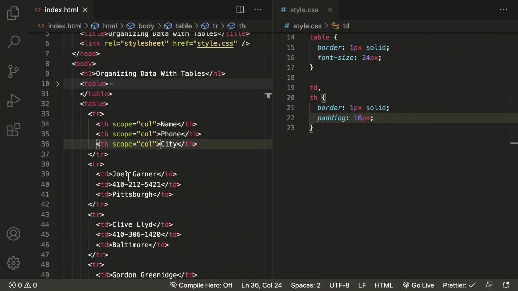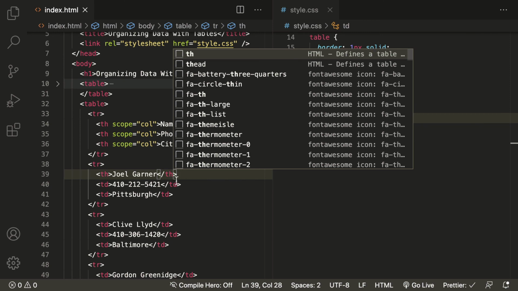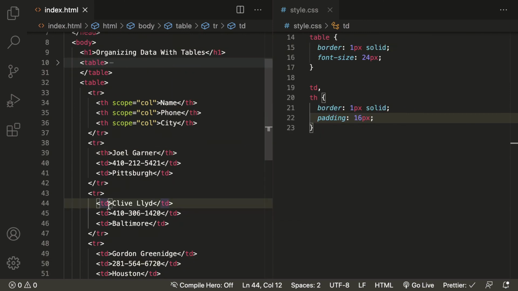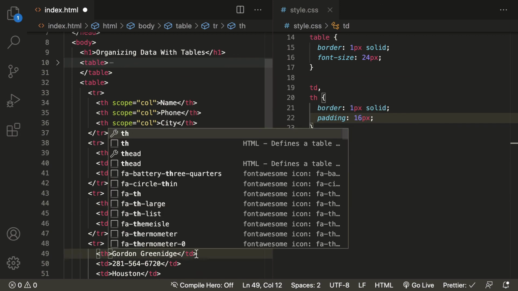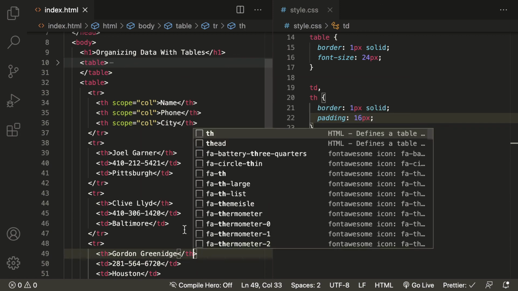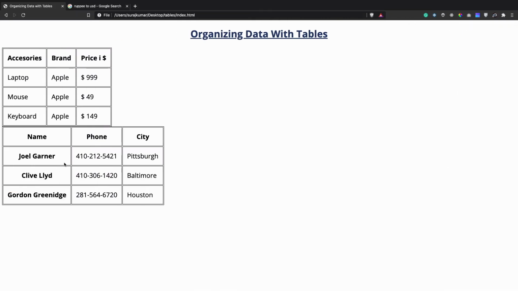So for that purpose, right now this will be th, and similarly here also, same goes here and here. Now save it. Perfect. So let's give it a refresh. So now all of these names are also a heading for each and every row.